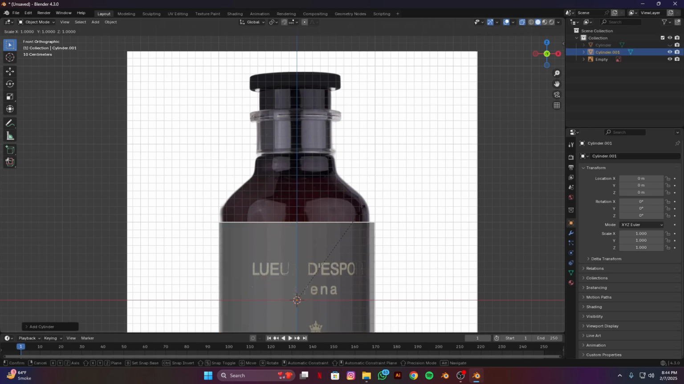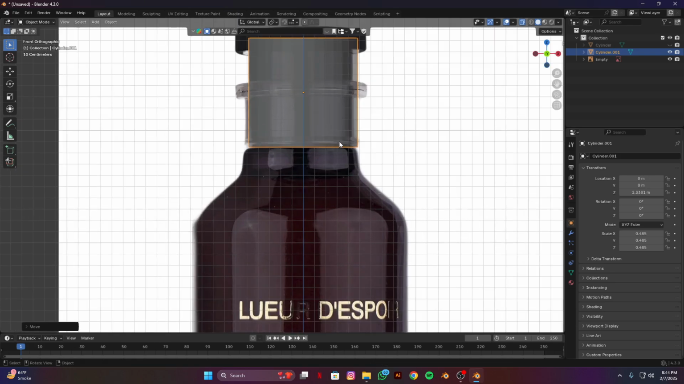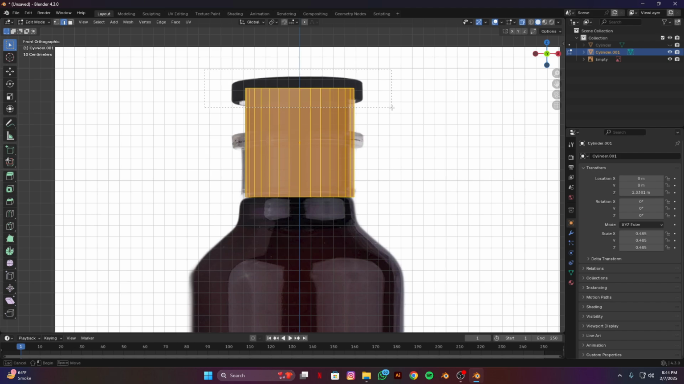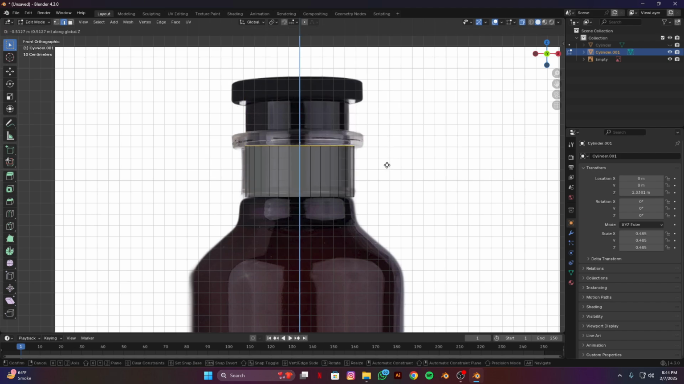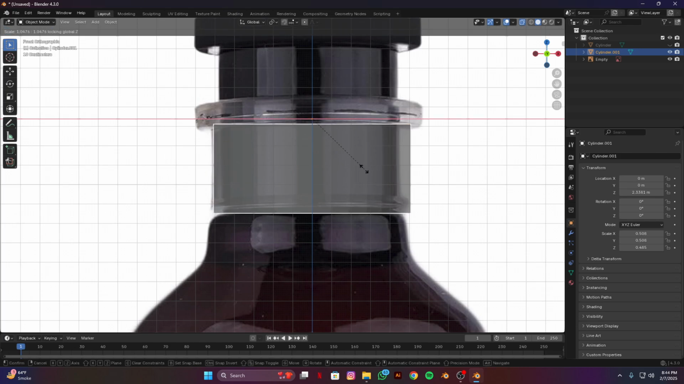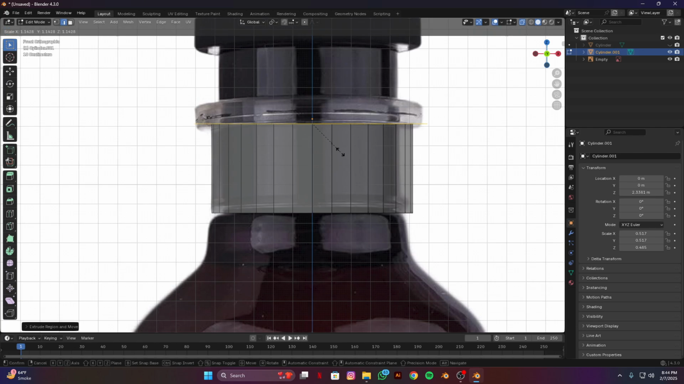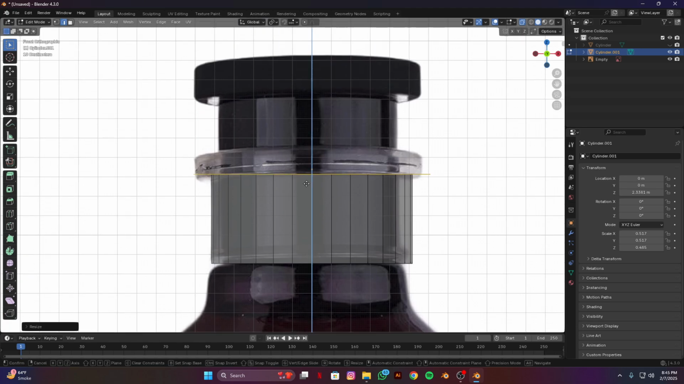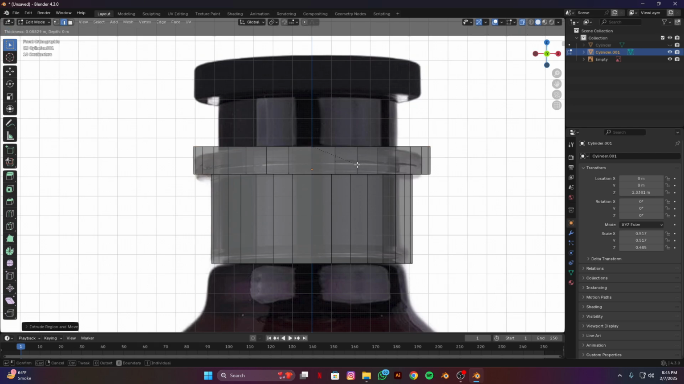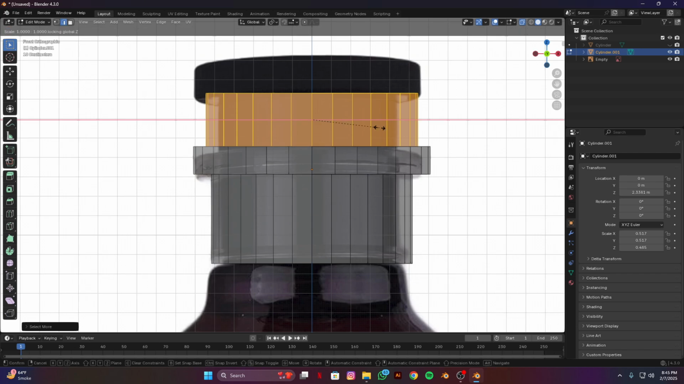For the cap, scale it down, GC, tab to edit mode, select upper part, GC, tab to edit mode, scale on X and Y axis, tab to edit mode, E to extrude, right click and scale according to our reference image. Now we're gonna make this lid here, E to extrude, I to insert, E to extrude, Control plus, scale it down a bit